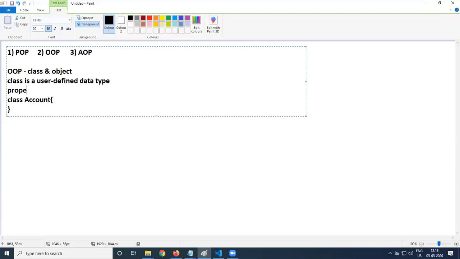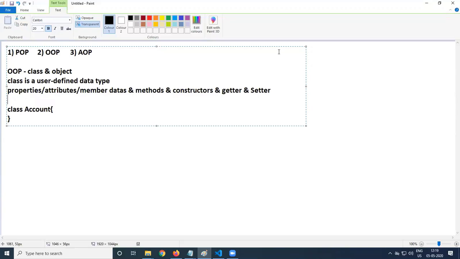Properties are nothing but attributes, which in Java we call member data. It also contains methods and constructors. Similar to methods, we have getter and setter methods, and static methods can also be given inside a class.